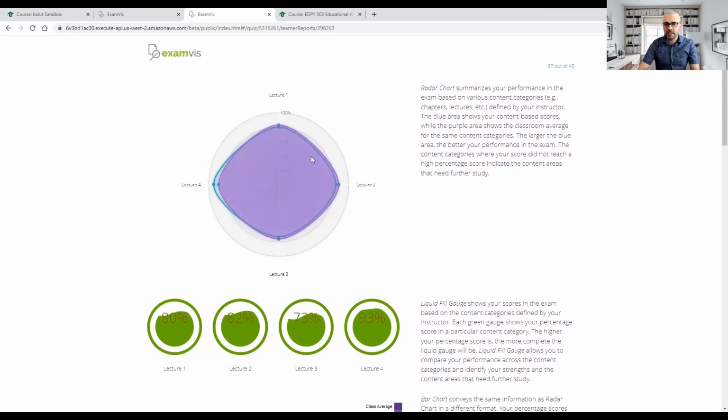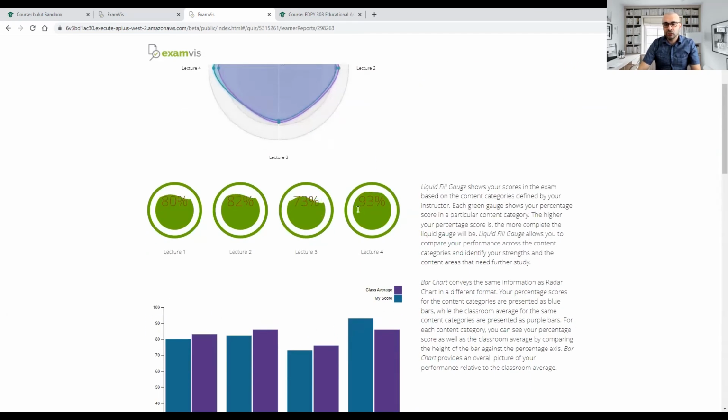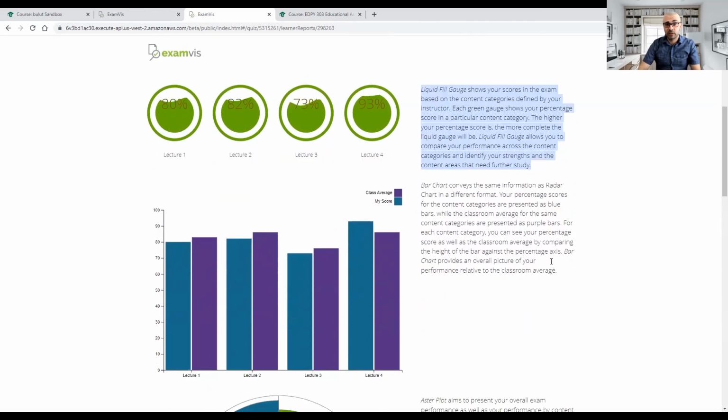So there are a couple of visualizations explaining how they performed on the exam and relative to others. So for example, in this case, we have some blue areas, this shaded area showing the student's performance, and the purple area underneath, they are overlapping a little bit. But the purple one shows the classroom average. For this particular student, we can see that he or she did way better in lecture 4 compared to the rest of the class, whereas she wasn't necessarily, or he wasn't necessarily, doing well compared to other students in the other content areas. So we have additional figures like this, and each figure has some explanation right next to them explaining what they are.